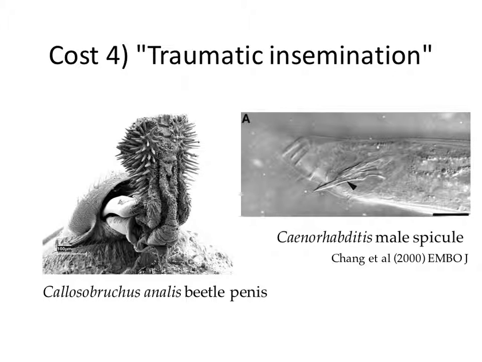If you were a Callosobruchus analis female, you might not want to mate with the males because, for whatever bizarre reason, their penis has been decorated with all these spines. So it's known that in this species, mating actually physically harms the female. Seems sort of non-ideal, doesn't it? Why would evolution come up with this sort of genitalia if it's harmful to the female? What's the benefit of having a spiky penis? I never thought I'd say that before.